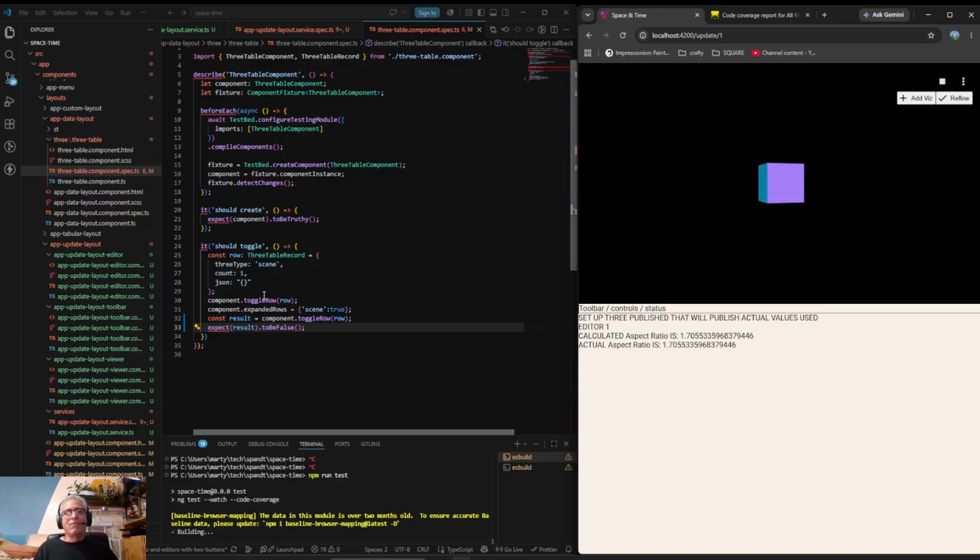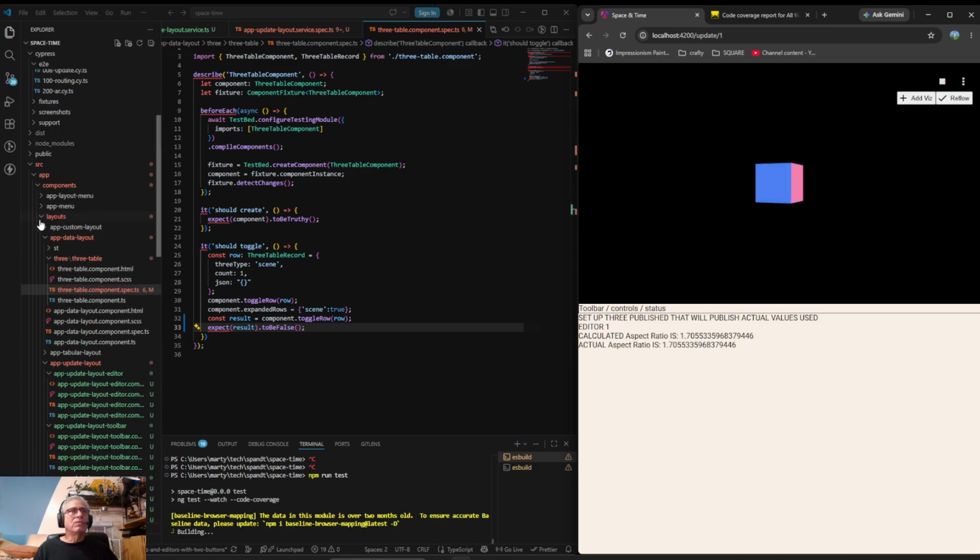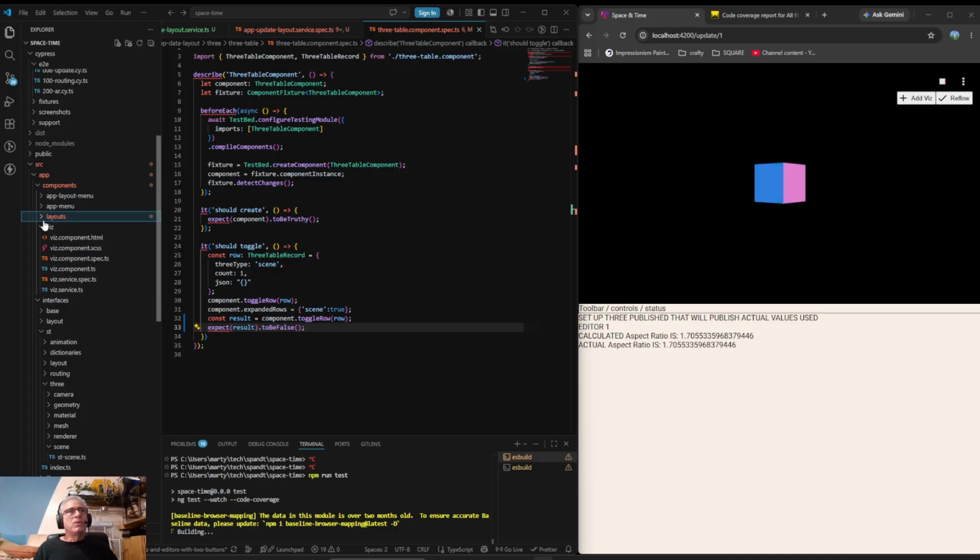I've definitely learned that with ThreeJS, you really want to have the group in the hierarchy. So right now, if you look at my interfaces, sometimes I think this is going to be such a disruptive thing.